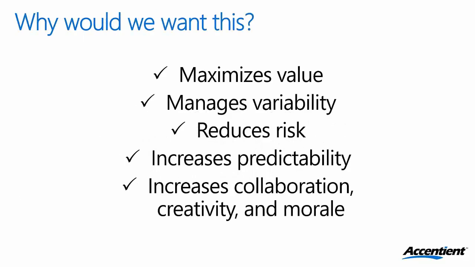Number one, and you could probably rank these differently than I have, it maximizes the value. If we can collaborate as a team and work on what the product owner or the company wants the most, the highest value, that's a win. It is a way to manage variability. So what we do in software development is in the complex space, which can be summarized as saying there's more that we don't know than we do know about what is being asked of us to deliver and how to deliver it. So the sort of two axes of that conversation, the what and the how. Most of the time we're working in that complex space, which is more often than not, we don't have a clue. So we need to get lots of feedback. We need to be told we're wrong very early.